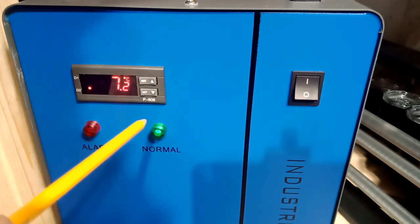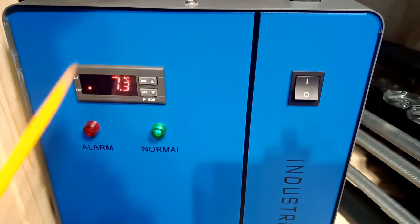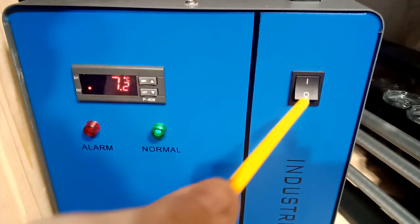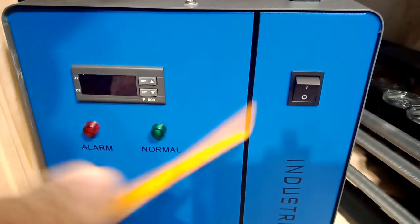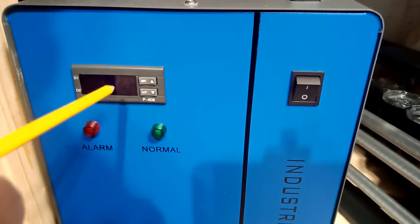I don't need it to kick on. It's too cold right now. I'm not even using the machine, but the temperature is changing a little bit, so the cooling fan turns on, trying to cool the water, okay? So I'm going to turn it off right now, just so you guys can hear it better. So what we need to do is go into the settings and change it